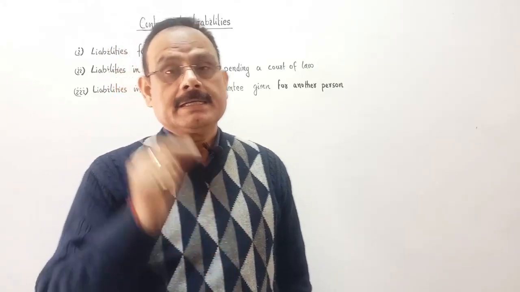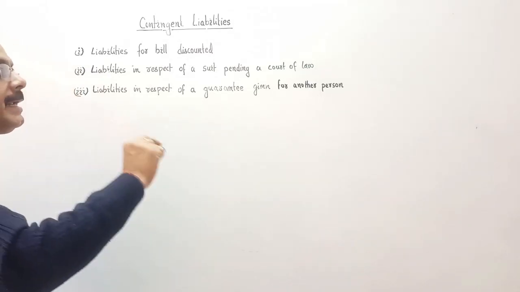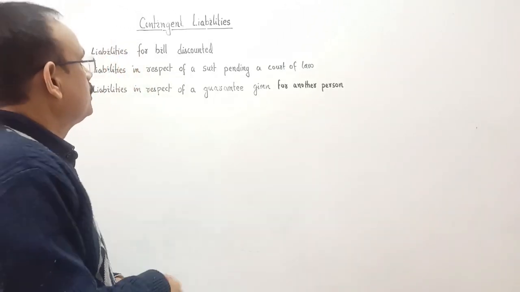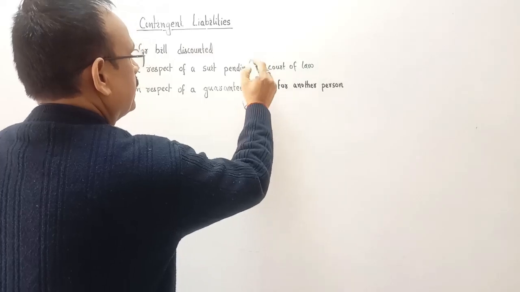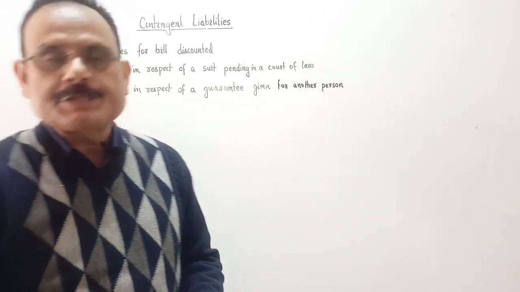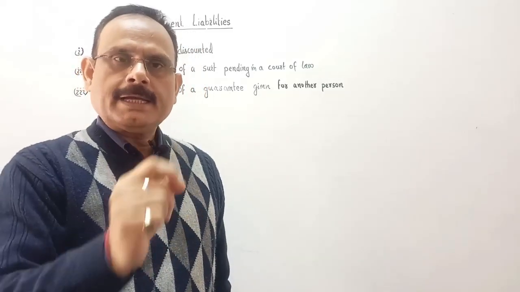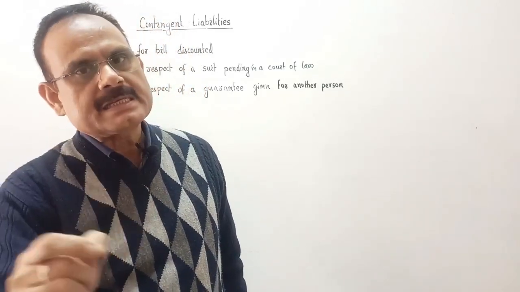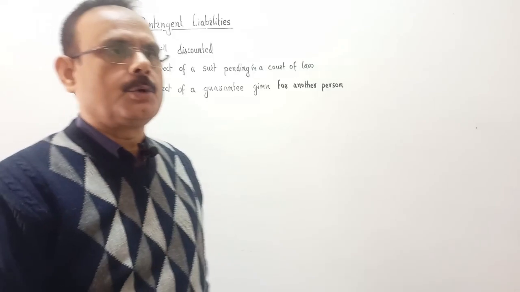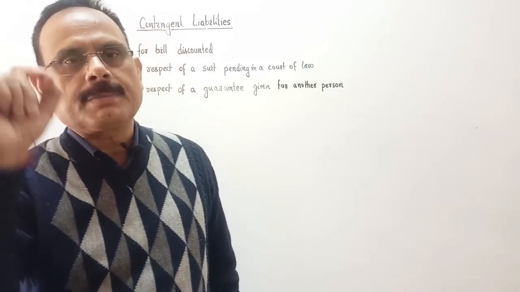Second contingent liability is liability in respect of a suit pending in a court of law. If any case of the business is pending in the court, and no judgment is given by the court on the date of balance sheet,